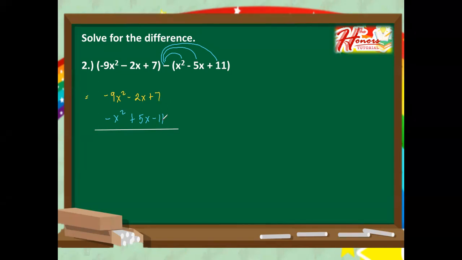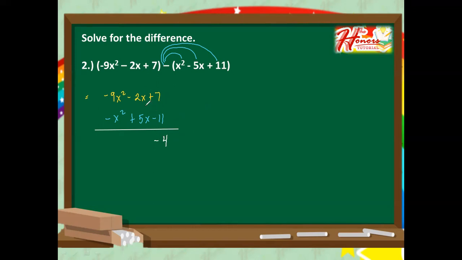7, positive 7 minus 11. As you can see here, we have opposite signs, meaning we have here a positive and a negative number. So therefore, you have to subtract the numbers. 7 minus 11 is 4. And then copy the sign of the larger number, which is negative. Next,